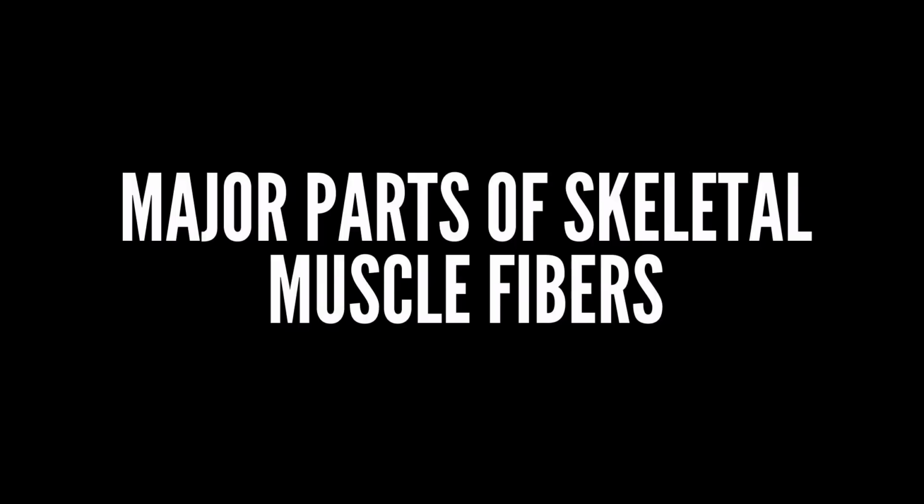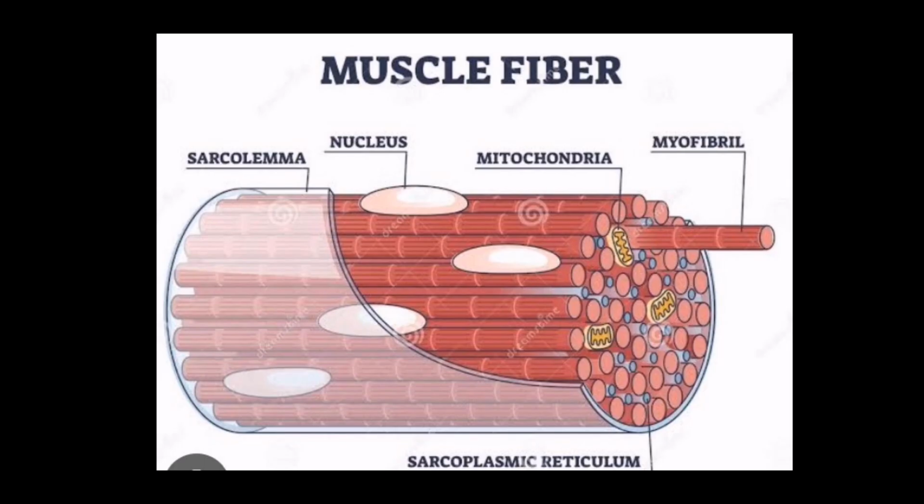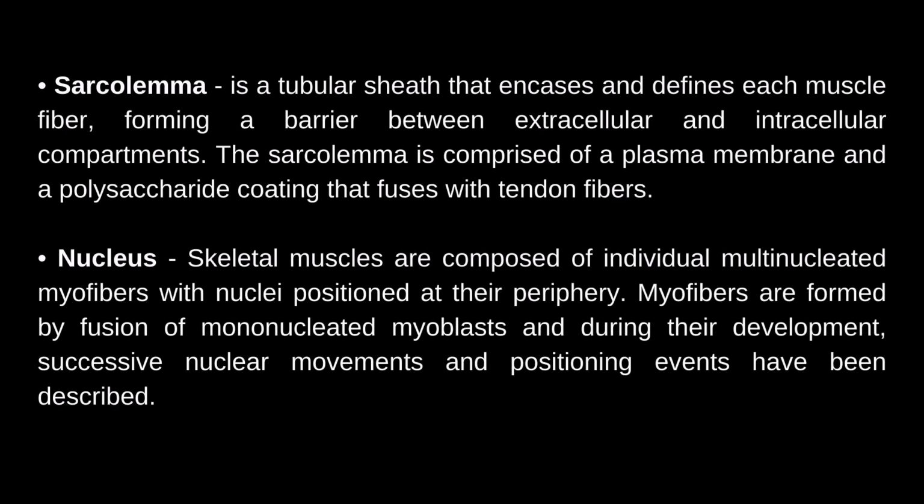Here are the 5 main parts of skeletal muscle fibers. First is the sarcolemma. Sarcolemma is a tubular sheet that encases and defines each muscle fiber, forming a barrier between extracellular and intracellular compartments. The sarcolemma is comprised of a plasma membrane and a glycopolysaccharide coating that fuses